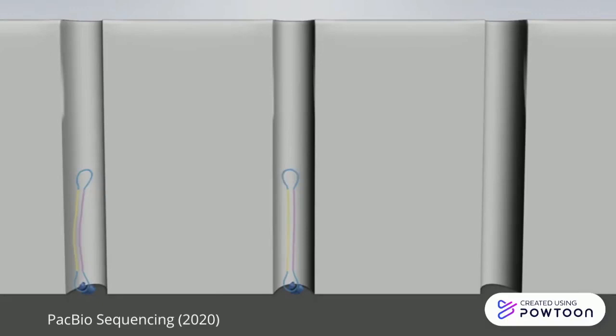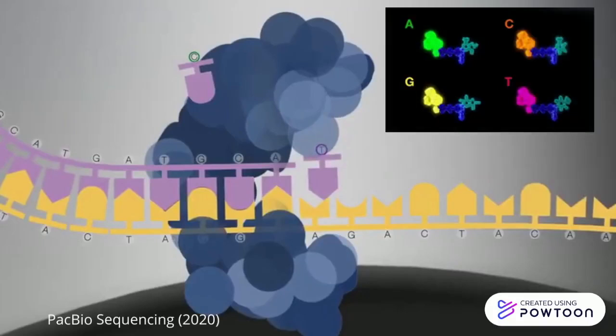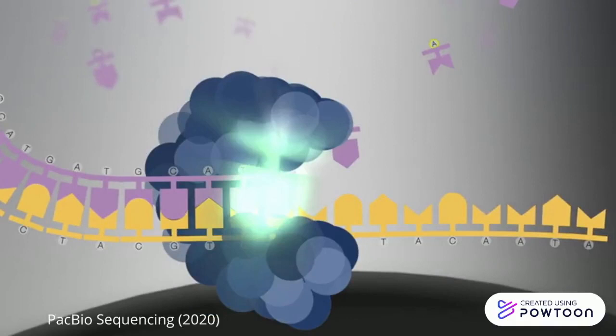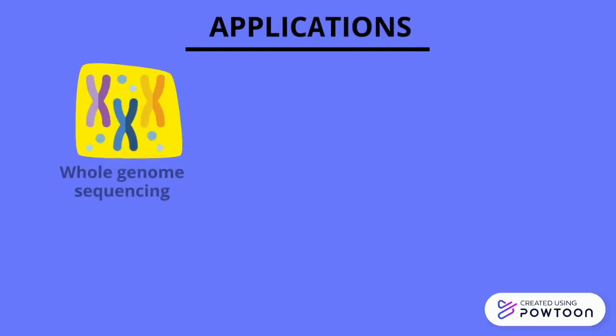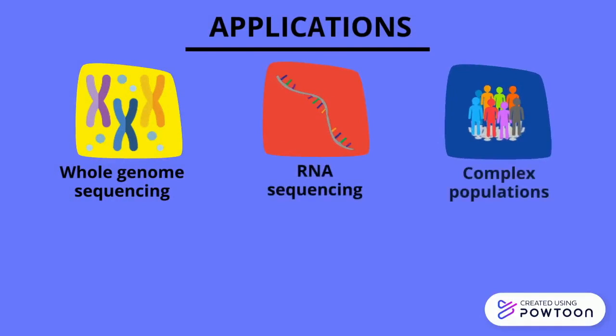Then, single-stranded DNA is threaded through the polymerase, while fluorescent-labeled nucleotides are incorporated and an individual color is detected when cleaved with the pyrophosphate group. Light is emitted and a CCD camera takes video as the DNA gets polymerized. Incorporated nucleotides are detected based on the associated fluorophore that is released and dissipated upon cleavage of the phosphate chain. SMRT sequencing covers a broad range of applications, including whole genome sequencing, variant detection, RNA sequencing to resolve complex populations,